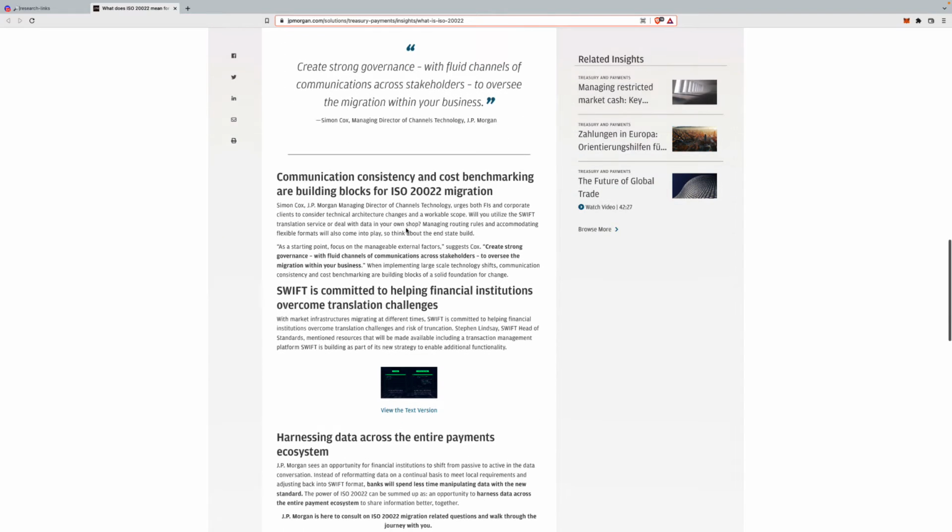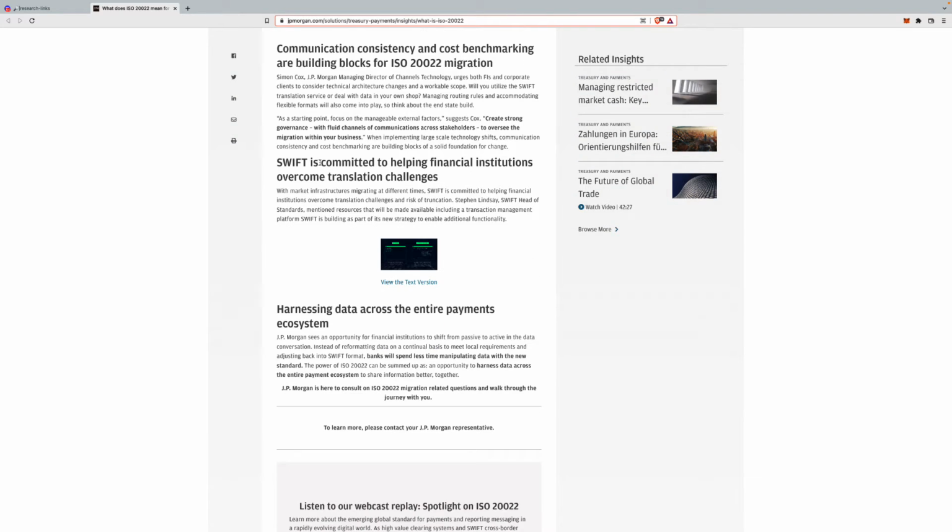Let's see if there's anything else here. I would say that right here. Okay, so as a starting point, focus on the manageable external factors. Create strong governance with fluid channels of communications across stakeholders to oversee the migration within your business. When implementing large-scale technology shifts, communication consistency and cost benchmarking are building blocks of a solid foundation for change. SWIFT is committed to helping financial institutions overcome translation challenges. With market infrastructures migrating at different times, SWIFT is committed to helping financial institutions overcome translation challenges and risk of